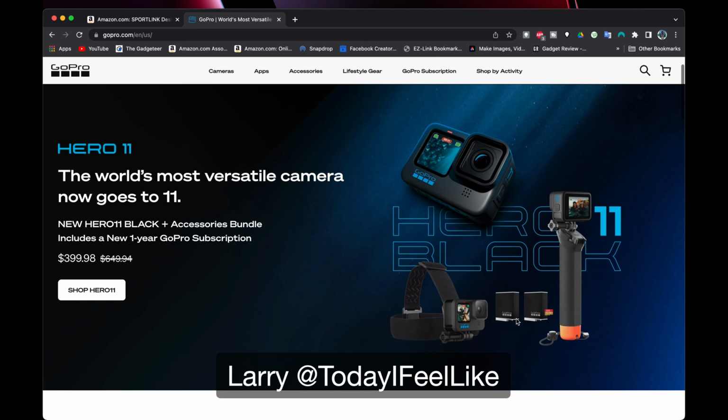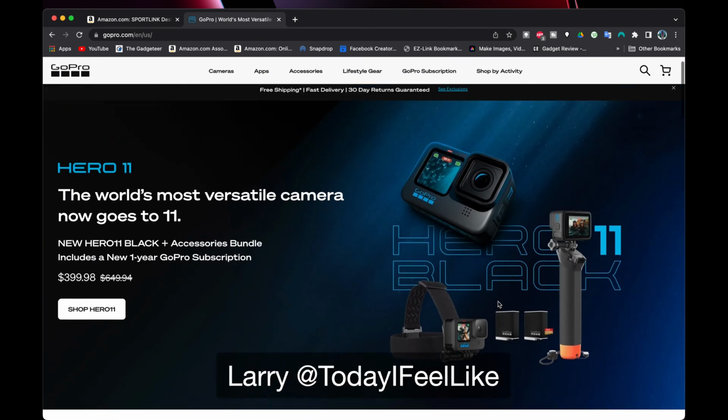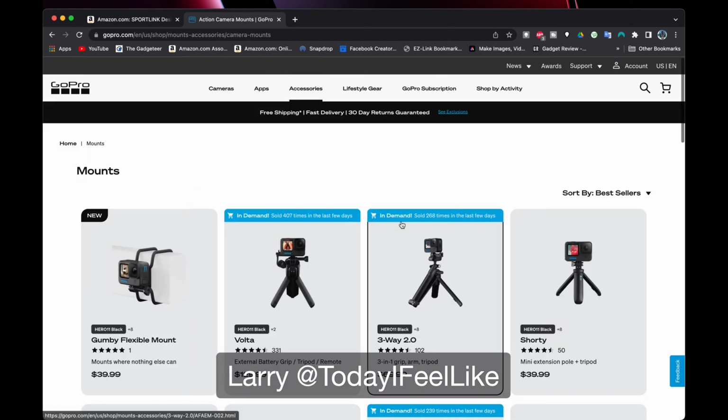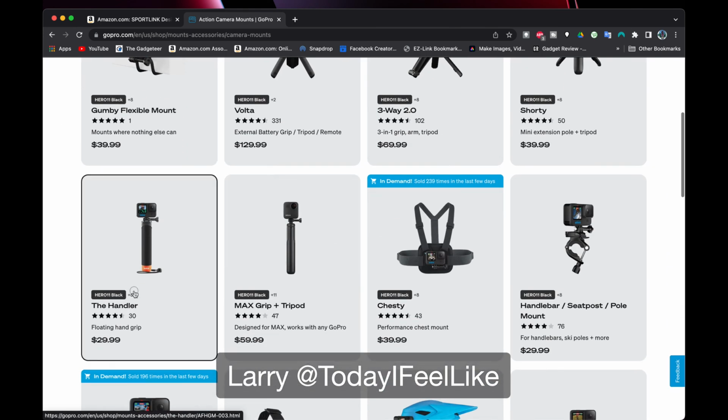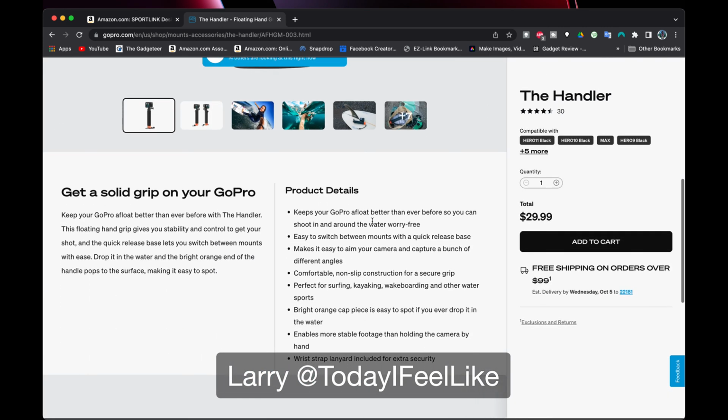You also get the head strap, 2 Enduro batteries, and a memory card on there. But let me see if I can find just the handler on here so we can see the mounts. And we'll scroll down here, and there's the handler. It's about 30 bucks. It does float, so you can see there it says keep your GoPro afloat better than